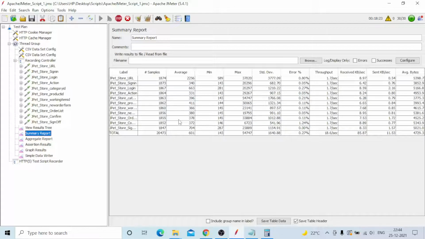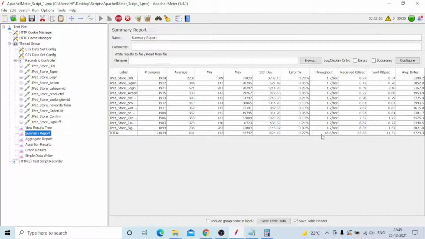From the client's point of view, what are the things you need to take? First of all, transactions are taken after samplers. For each transaction, how many requests were done, and the minimum, maximum, and average response time of each transaction. Standard deviation is not taken, but the errors are: for each transaction, how many errors, and in total how many errors. What is the throughput? It's a very, very important point.